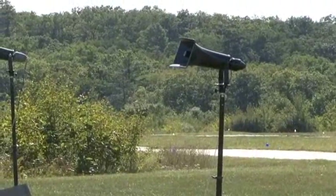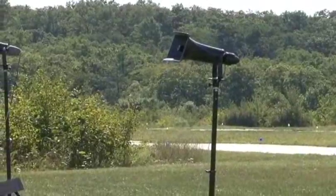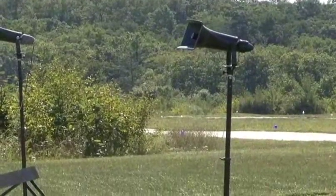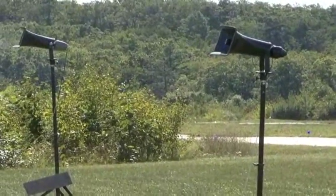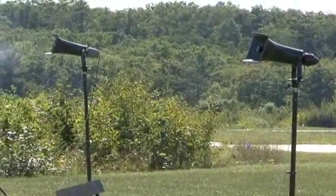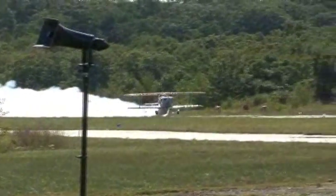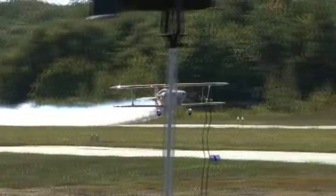Here because the winds are calm. They're extremely calm right now. Maestro, come on up with the music. Ladies and gentlemen, from the opposite ends of the runway, with the smoke coming on, the Iron Eagles Aerobatic Team,